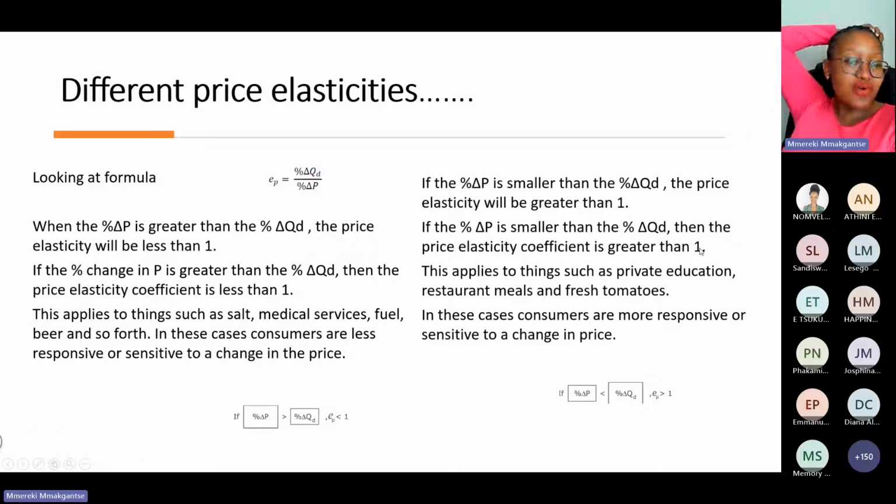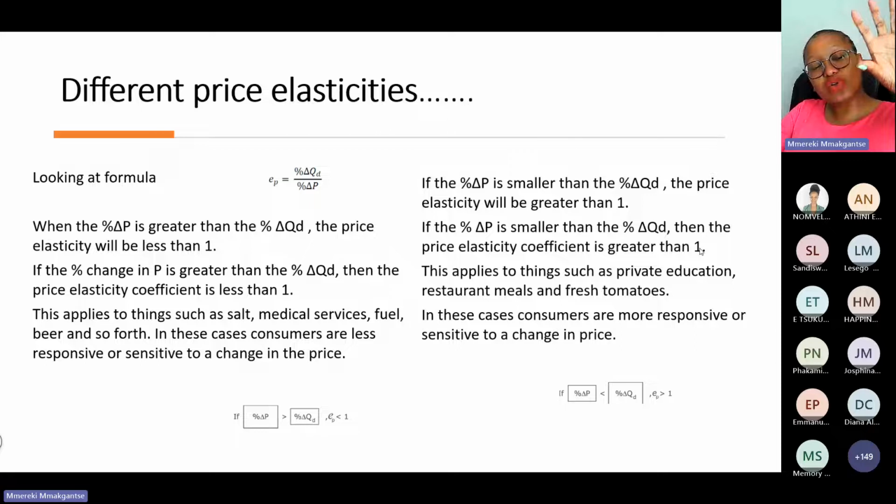Now, if the percentage change in price is smaller than the percentage change in quantity demanded, then the price elasticity coefficient is greater than 1. For example, remember the percentage change in price is the bottom, guys. If you're doing your sandwich, know that this one goes on the bottom. Percentage change in quantity demanded divided by percentage change in price. So if this bottom one is less than the top one,